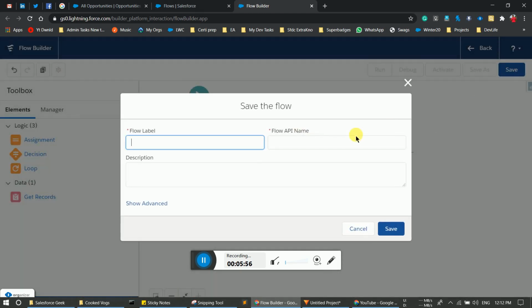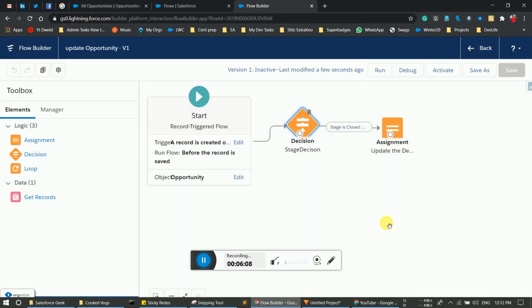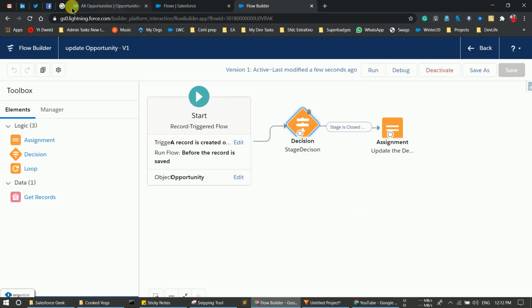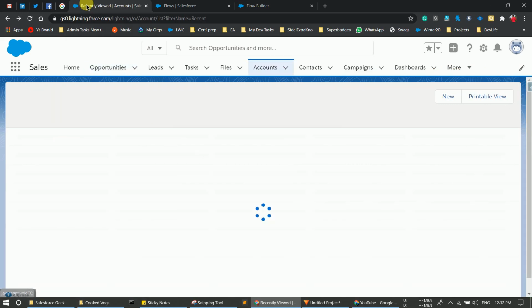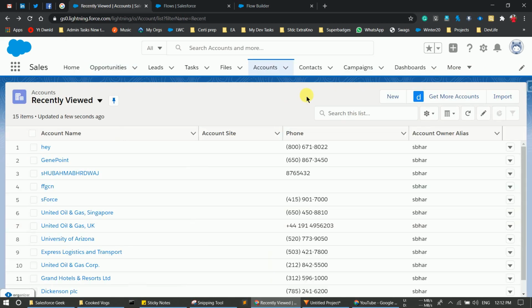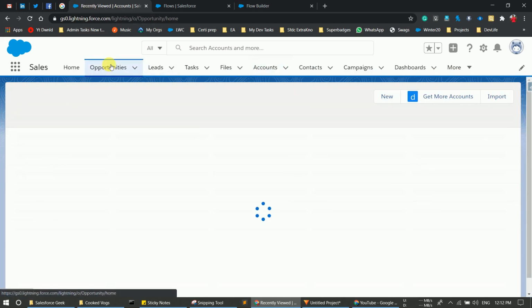Provide the flow name, let's say update opportunity, and click save. Now activate this, and let's move back to opportunities.